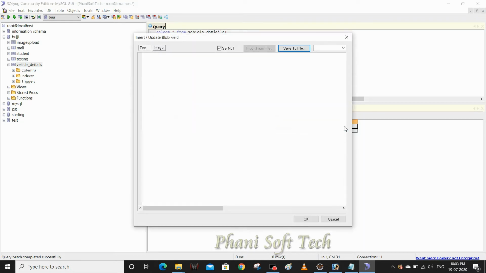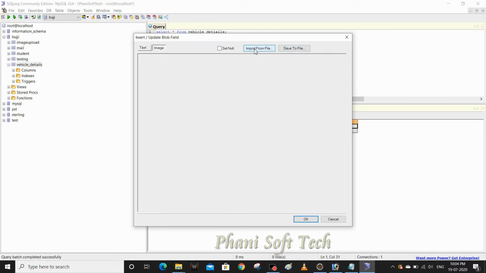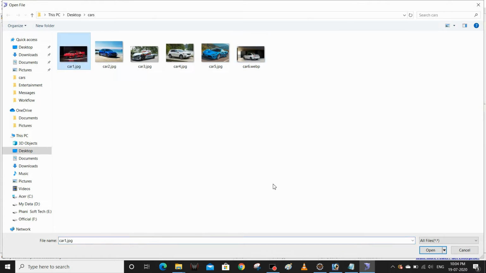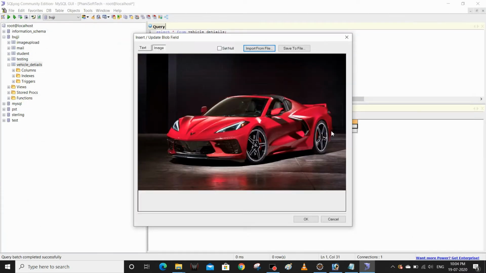Uncheck the set null, click image and choose import from file. We can use text files also, because we are giving long blob. So import from file, for example car 1, open.